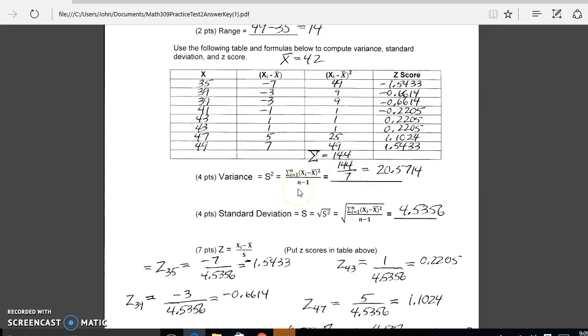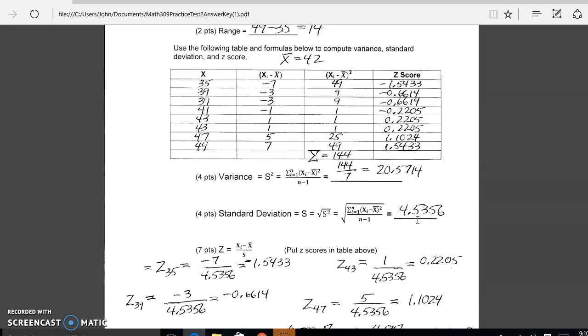N is the number of data points. 8 minus 1 is 7. We do the division, and we have a variance of 20.5714. The standard deviation is the square root of the variance. So this number right here, I take the square root of it. You notice that this formula here is the same as for the variance. I'm taking the square root of the variance, and I get my standard deviation, which is